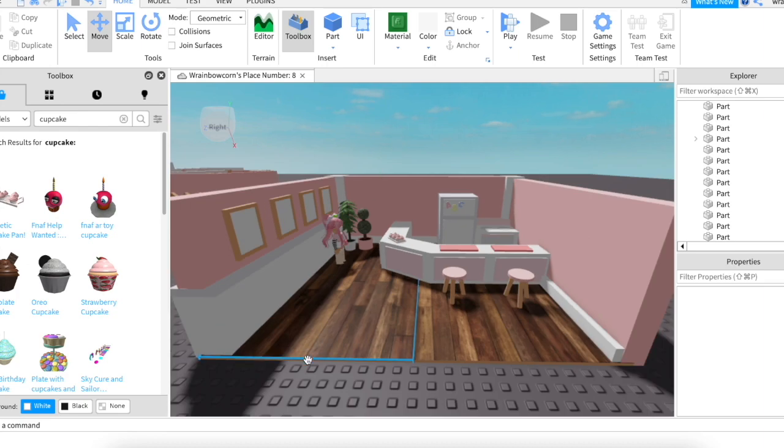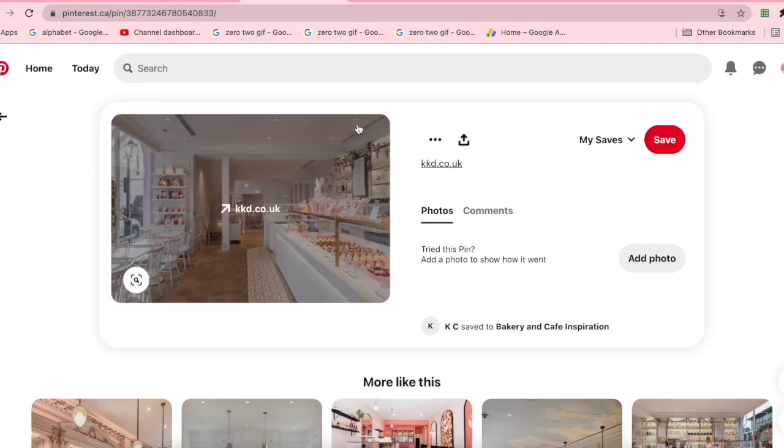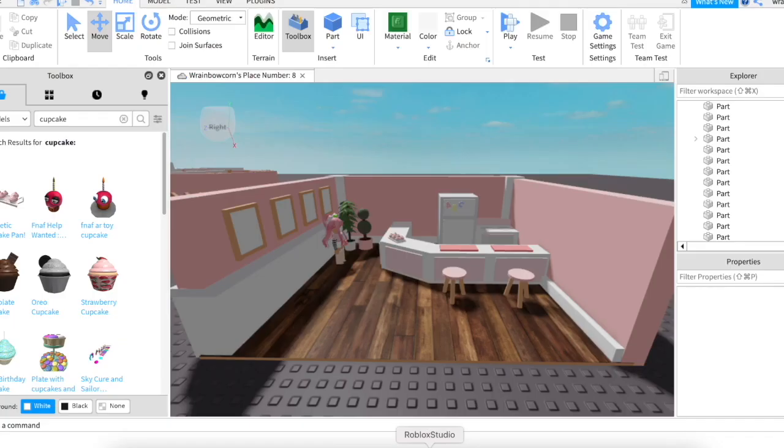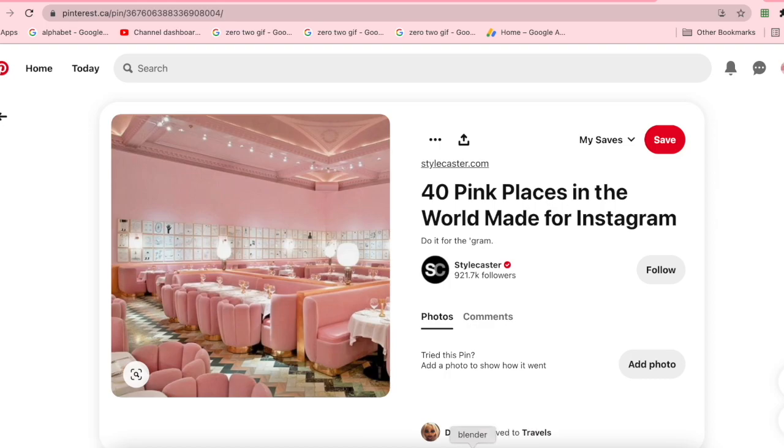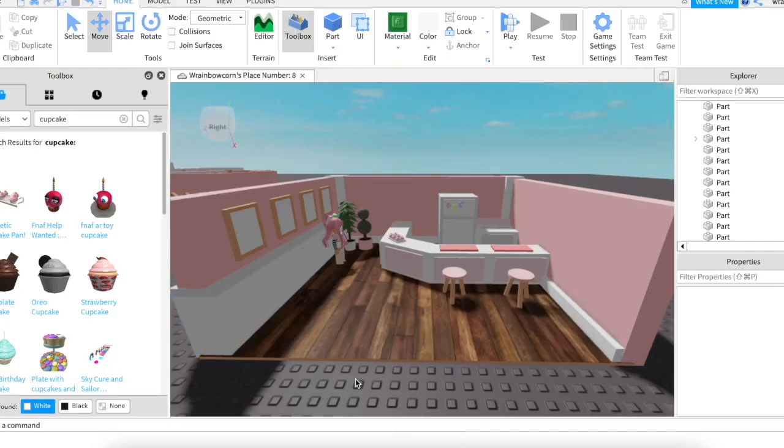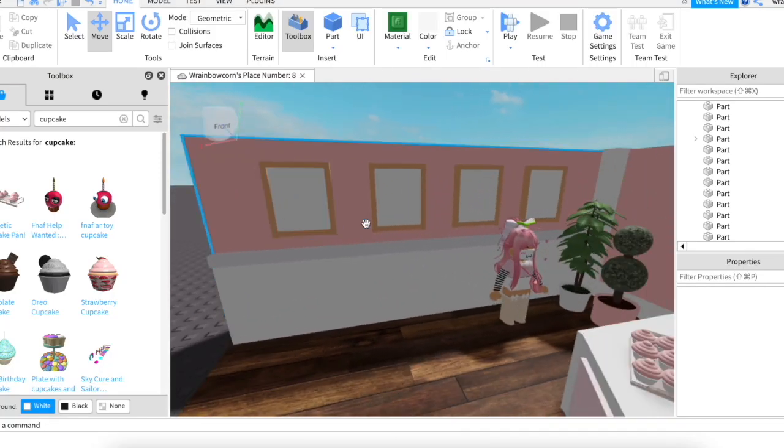As you can see, I sort of pulled inspiration from the color scheme of this one. The colors aren't exact, and I definitely used a lot more pink than the original picture, but the color scheme is somewhat close. I also ended up liking the pictures a lot from this one, so I tried to recreate it in my room model. I haven't put in the pictures yet, but you can see what I was going for.